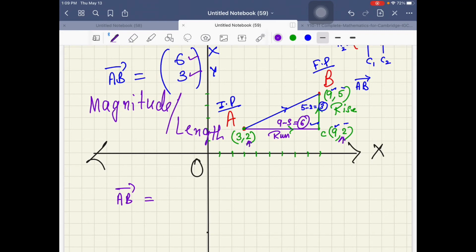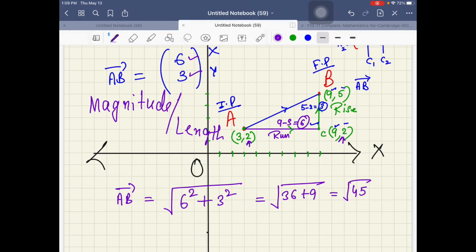So the magnitude or the length of vector AB is given by the square root of the sum of squares of the x component and the y component. Basically it becomes 6 squared is 36, 3 squared is 9, square root of 36 plus 9 is root 45,